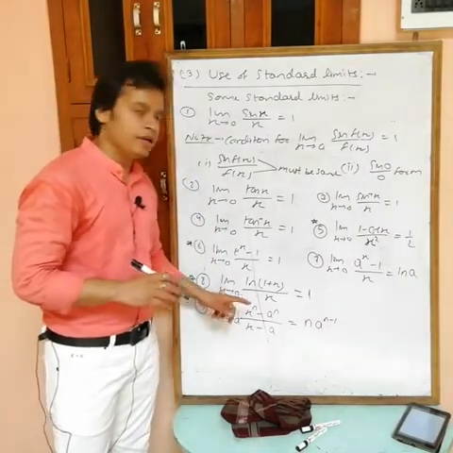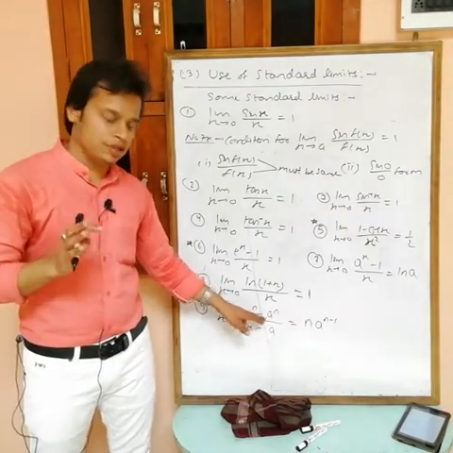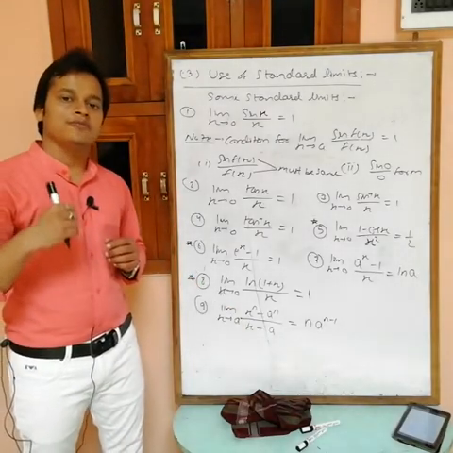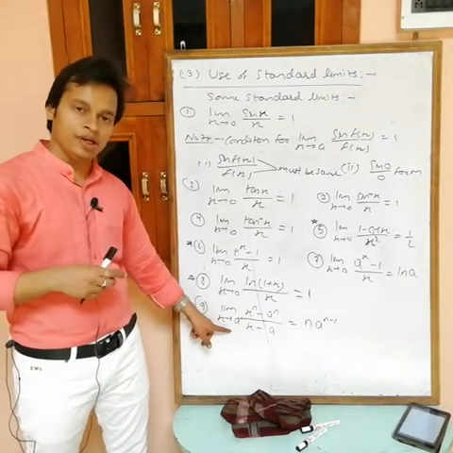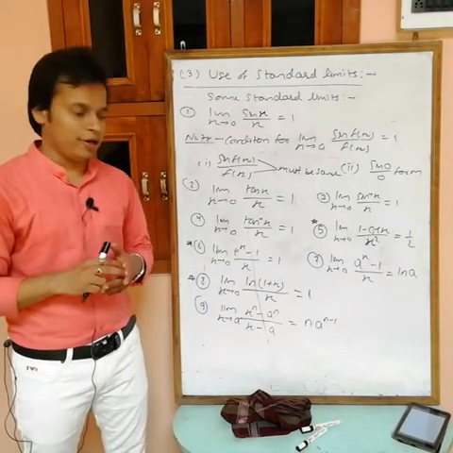Derivative of x power n is n x power n minus 1. Derivative of the constant is 0, and of x it is 1. So what are we getting? n x power n minus 1, and replace x with a at the end. So what you are getting? n a power n minus 1.